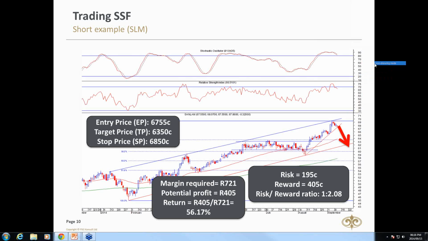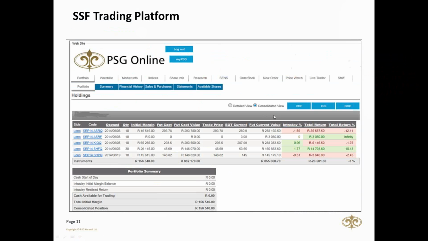This is what our PSG Online platform looks like, a single stock futures platform. This is the holdings account. There you'll have all the different contracts, in this situation all long. You see they're all September contracts. We trade what they call dividend neutral contracts. So you can see there's a Q contract and then there's an F contract. We're anticipating that between now and the September closeout, there will be dividends paid out, 3